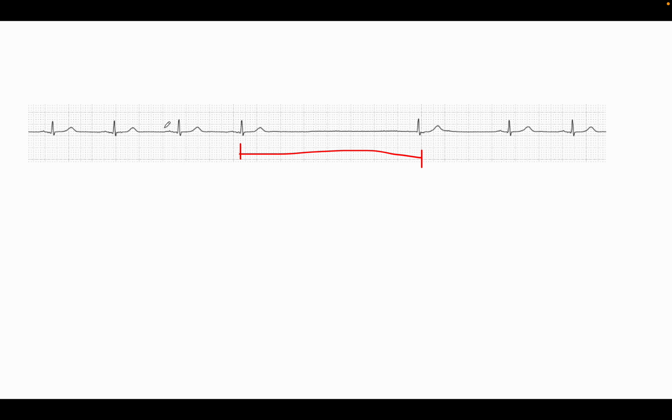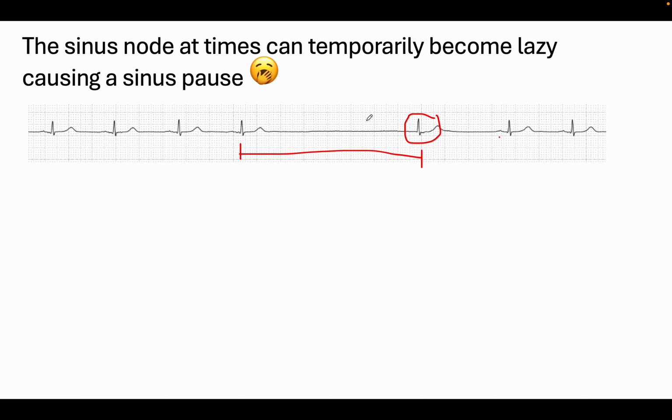You see another sinus beat, another sinus beat, another sinus beat, and then suddenly there are no P waves and QRSs at all. Then we get this mysterious QRS here, which doesn't have any preceding P wave, so we can classify this as a junctional beat. Eventually the sinus node switches on again, and that forms our normal sinus beat and our normal sinus beat again. So sometimes the sinus node can just temporarily become lazy, causing a sinus pause,